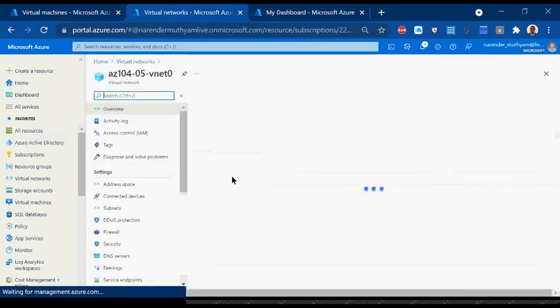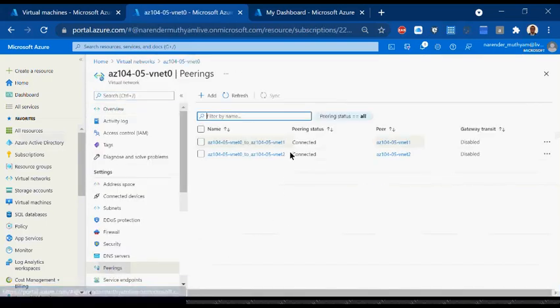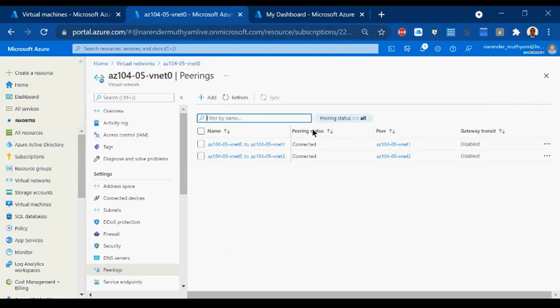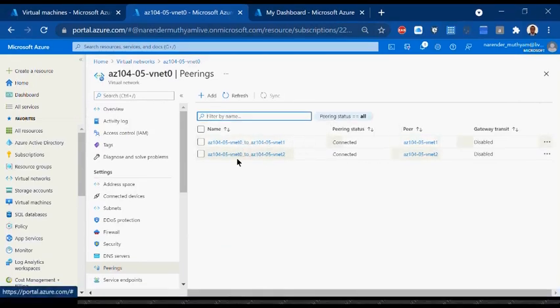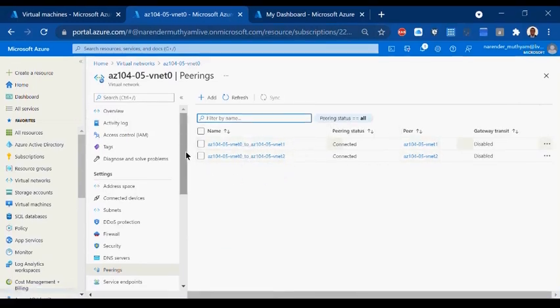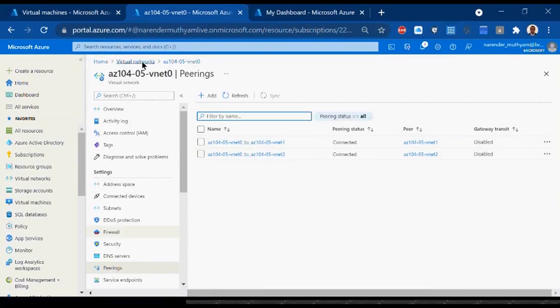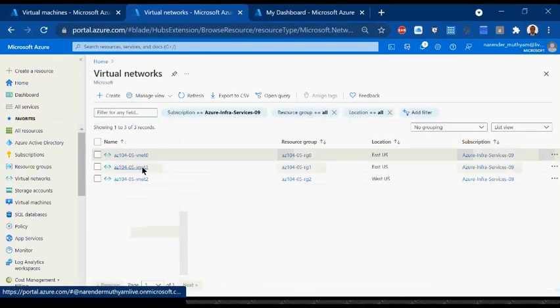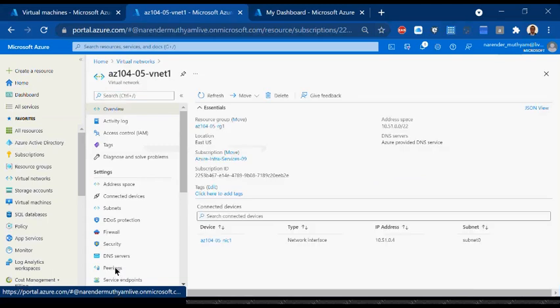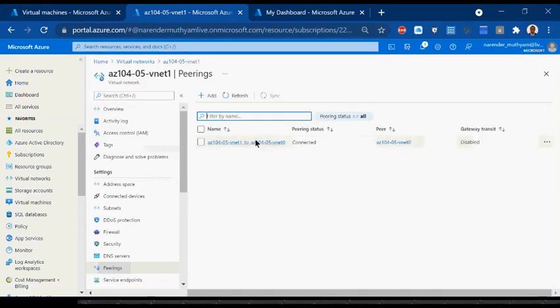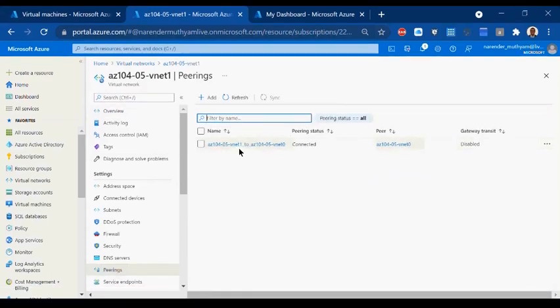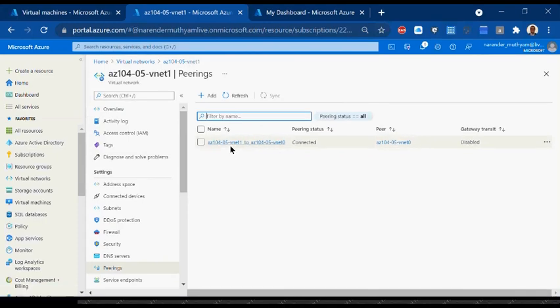And if you go to 0, what peering do you see here? Two peerings you can see here: 0 to 1 and 0 to 2. And then same way, if you go to VNet 1 and look at peering, you are seeing only 1 to 0, but 1 to 2 you are not seeing.